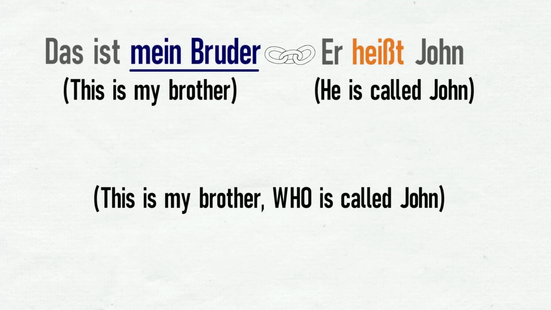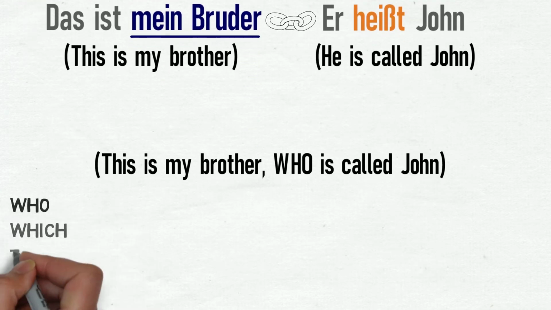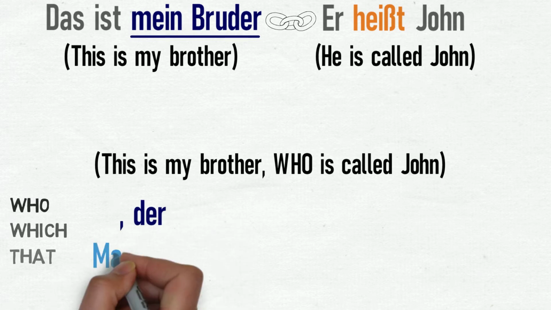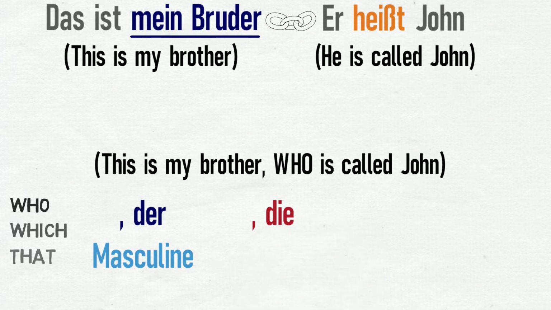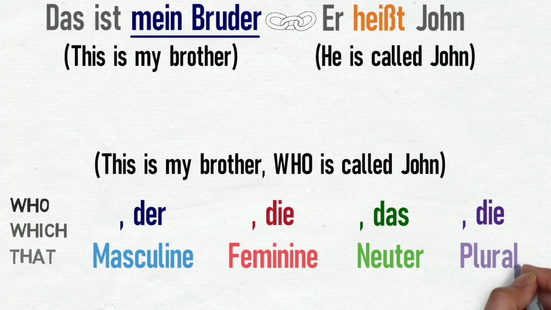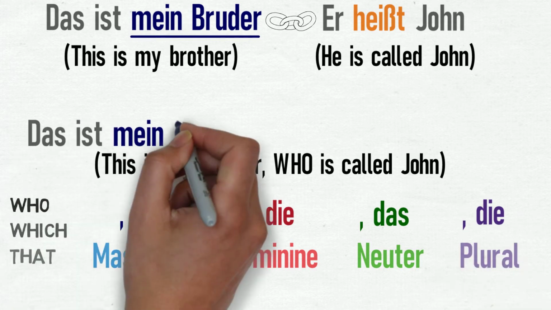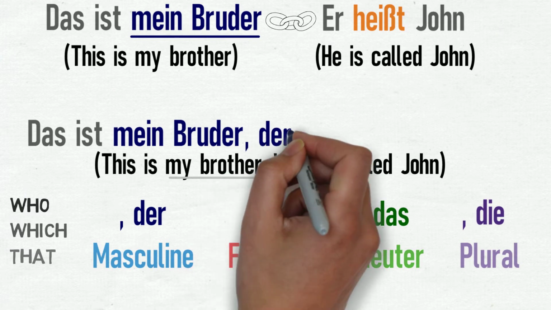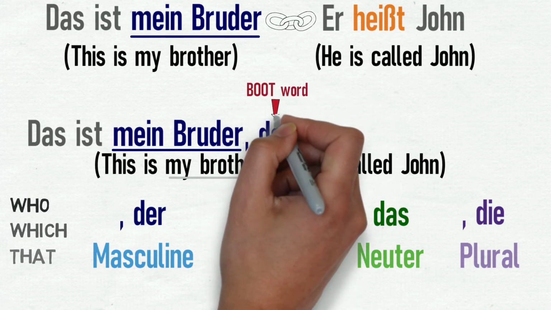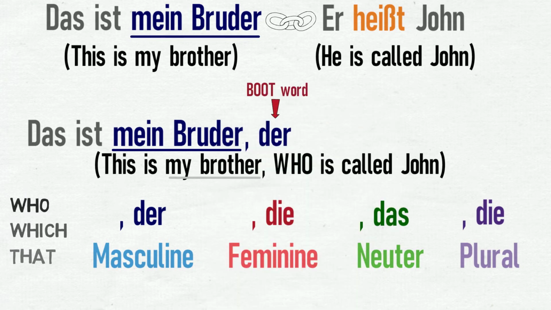When forming a relative clause, the word who, which, or that is simply one of the definite articles in German. Der, if the thing you're giving more information about is masculine. Die, if the thing is feminine. Das, if it's neuter. Or die, if the things are plural. As we're giving more information about my brother here, we will use der, because Bruder is masculine. And this der will become a boot word, which sends the verb to the end. So we currently have Das ist mein Bruder, der, heißt John, which literally translates as this is my brother who,